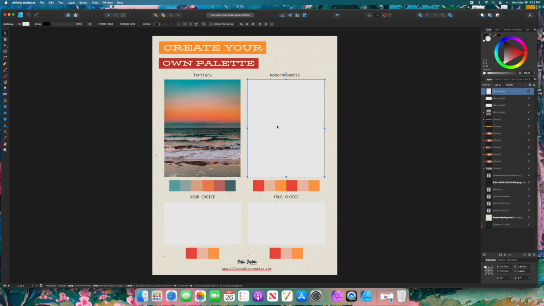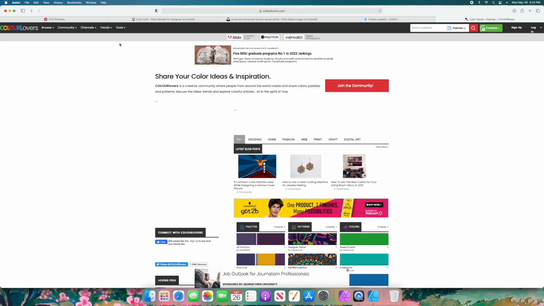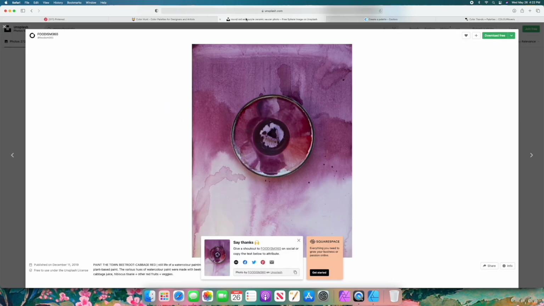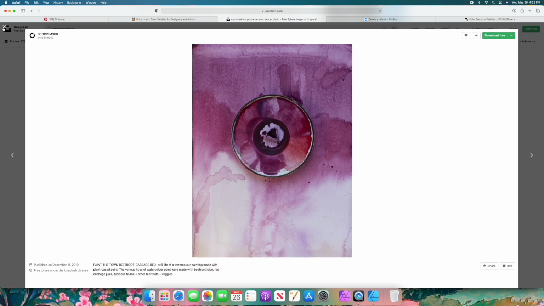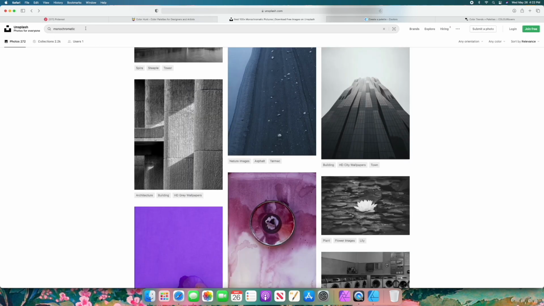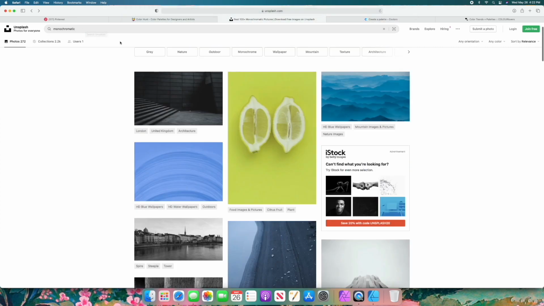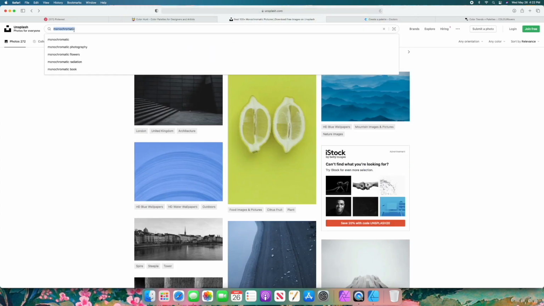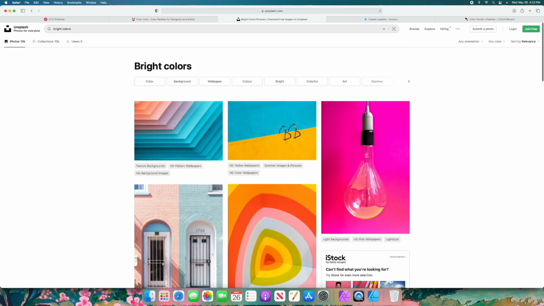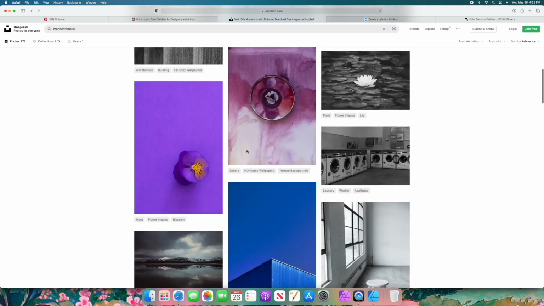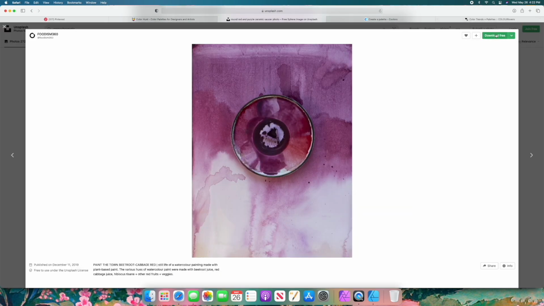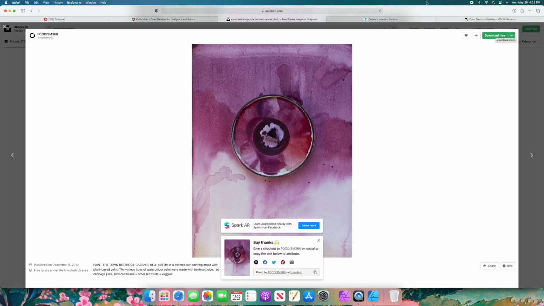But basically I've created kind of like a little inspiration board that you can pull for your color stories. And you can do this by using a website like unsplash.com or Pinterest to find images that you find pretty, or where the colors look really nice. You can search words like monochromatic or bright colors, and it'll give you a whole bunch of different options. And then once you find something that you like, select it, and then